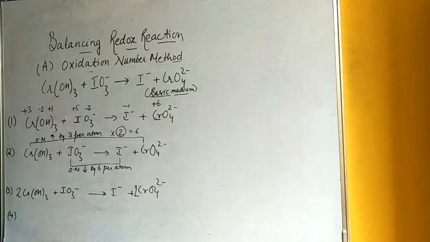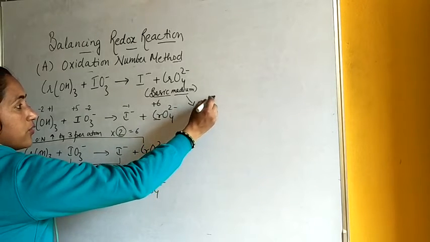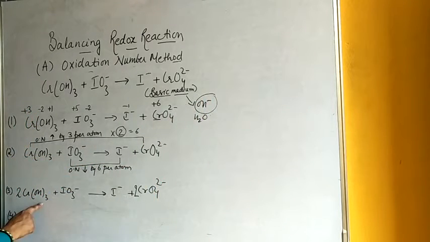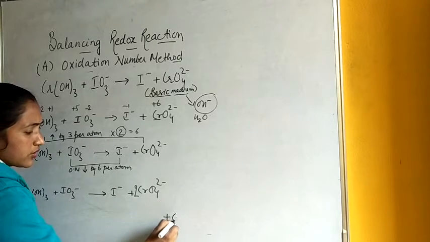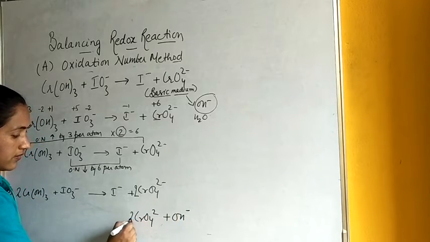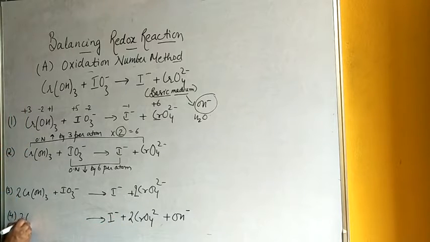But here we can't add water, though what we can add is H2O, but for that we are introducing the hydrogen, and since the reaction is taking place in basic medium, so we have a tool of OH negative, right? So how can we balance it? Either we are going to use OH negative and water. So students, here it was 9, here it was 8, so we will add OH negative. Generally we add OH negative on the right hand side, so we are putting here CrO4 2 negative plus I negative gives 2Cr(OH)3 plus